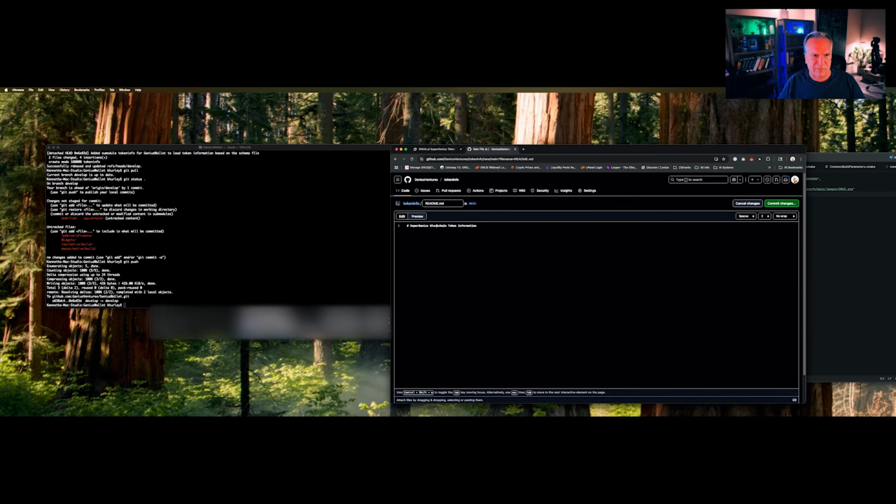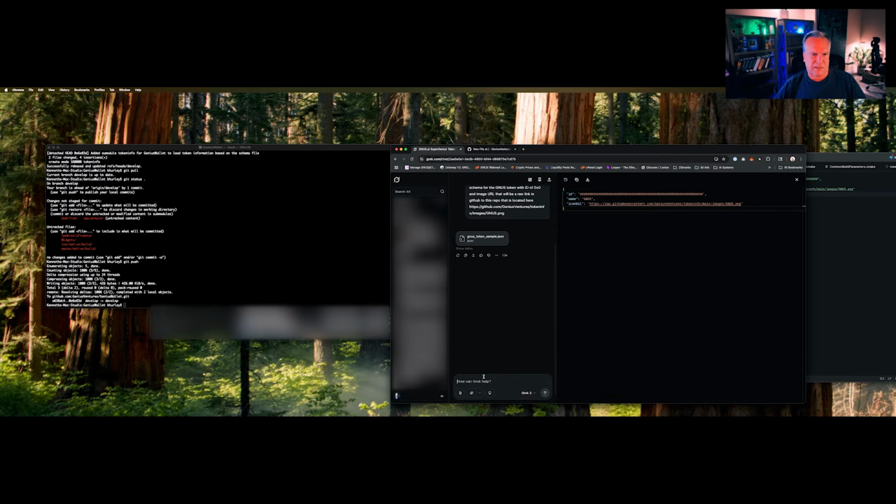I could even do this, which I really like. It's like, look, I got to figure this out, or heck with it. I'll just go over here. Say, okay, give me a readme